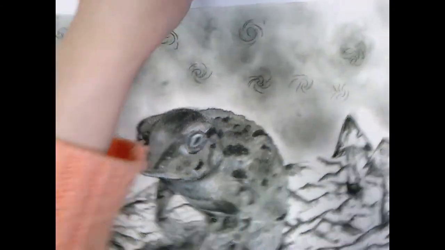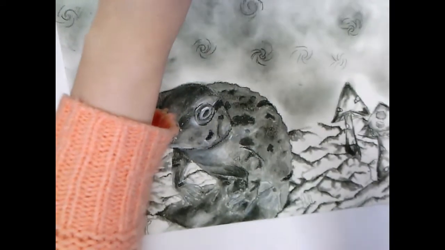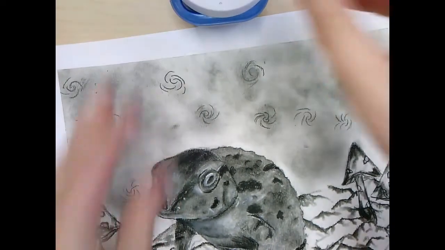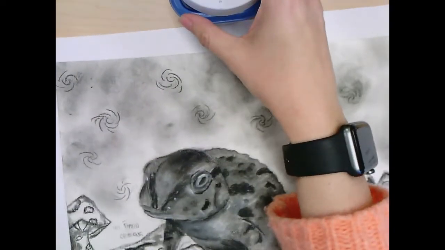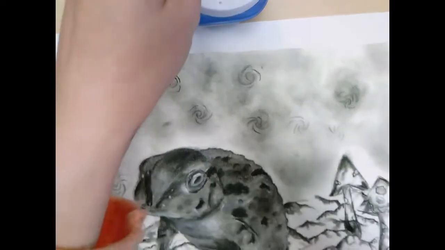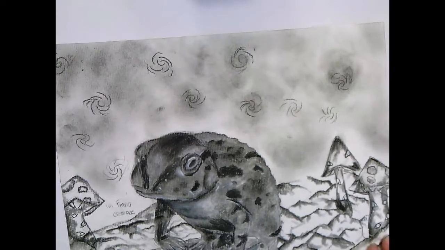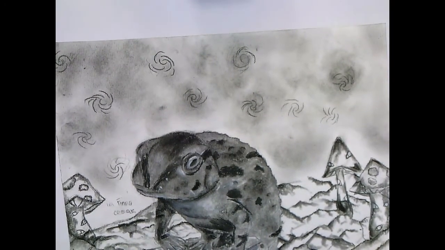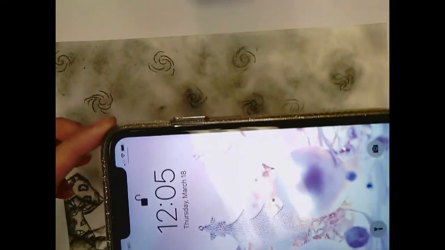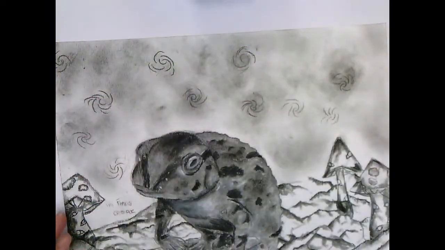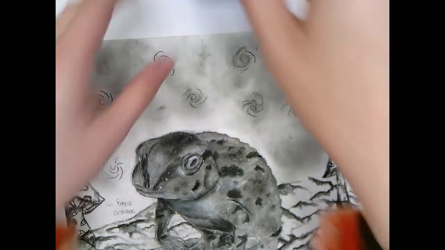So the last tip I have for you guys is to try to take your photo as straight on as possible. This is really hard with an IPEVO camera, which is an individual point of view camera that I'm using right now. And it's very difficult to get it straight on. I would probably be able to do it with my phone. But again, it can be tricky to hold your phone over the work and try to take a photo that's very even. So my recommendation would be putting your work up against a wall